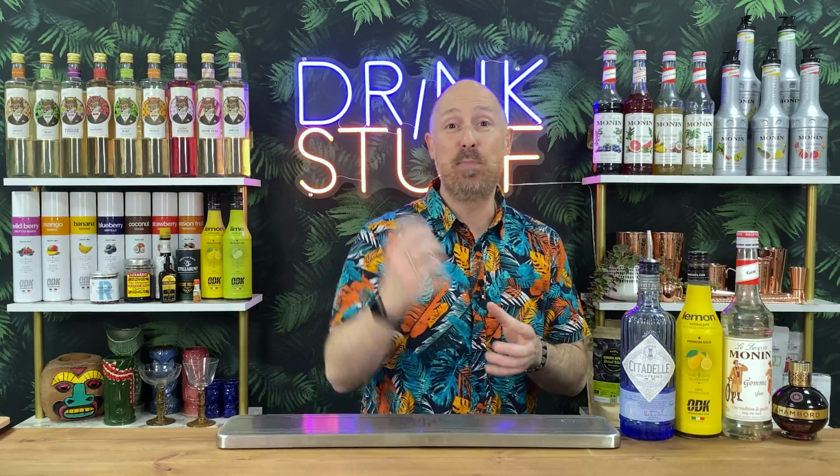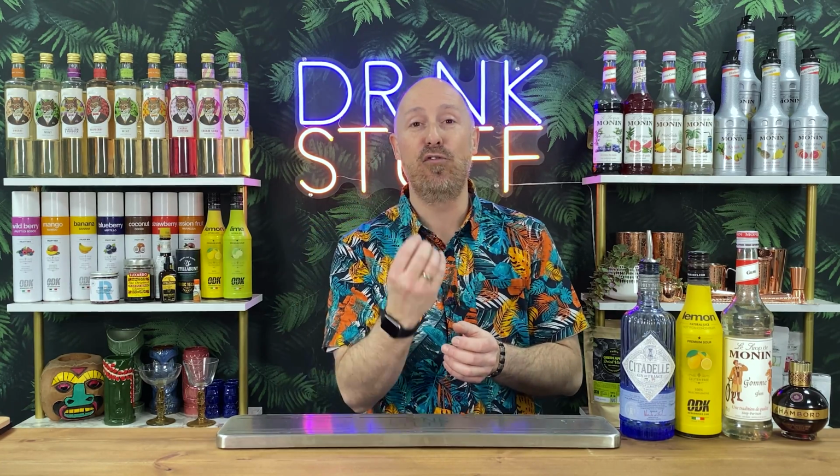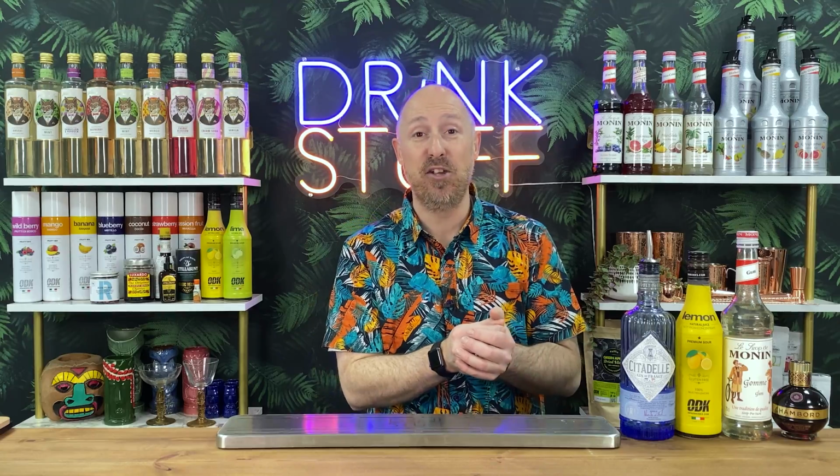Let's talk about the Bramble cocktail, possibly my favourite of all the gin cocktails. I just love it. Really simple to make, but more importantly, really easy to riff up, especially if you want to impress people at your next party, your friends and family, or if you run a pub or a bar and you want to put fresh twists on your cocktail menu. So by the end of this video, hopefully you'll have at the very least 20 different serving suggestions